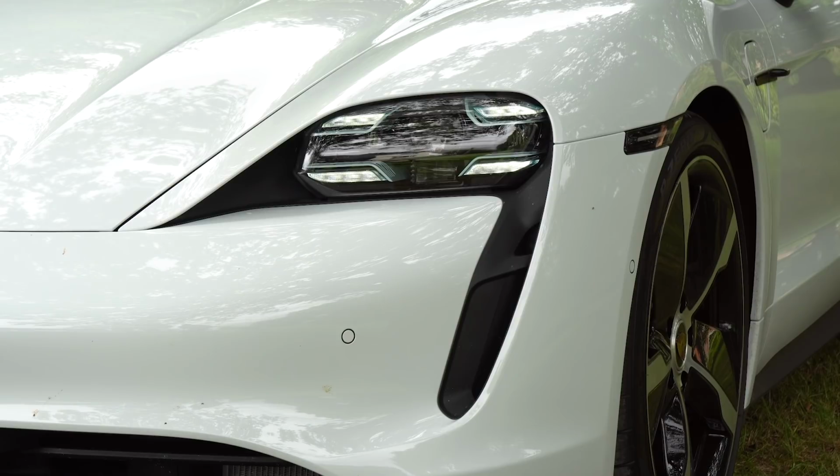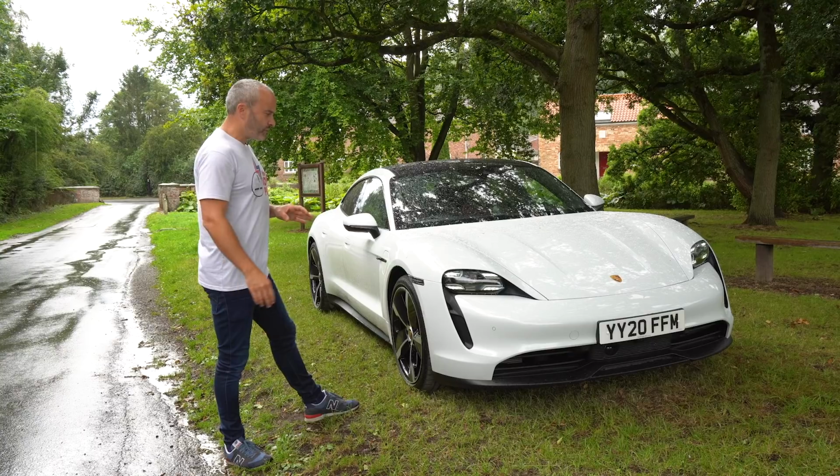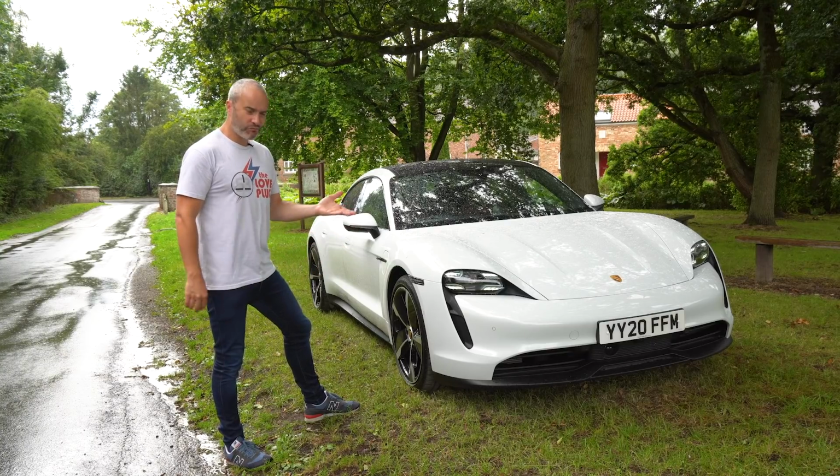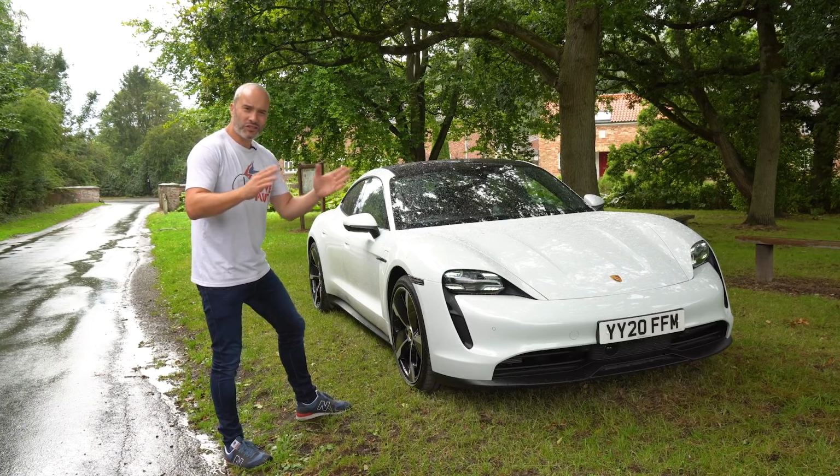Yes, they're another optional extra. I think they're about £2,000. They're the Matrix LED headlamps, but once again, an option that you've probably got to tick when you get this car. Another option that you've got to tick when you get this car, just so you can show your friends,